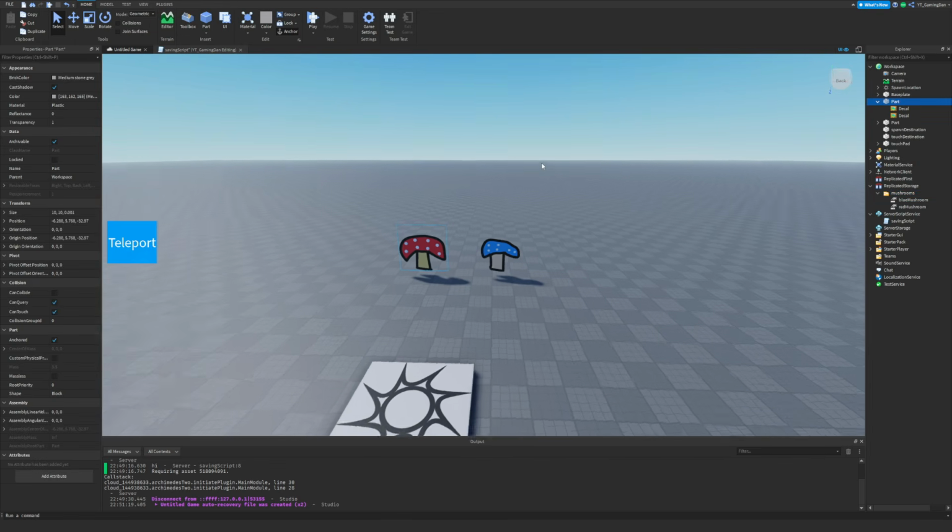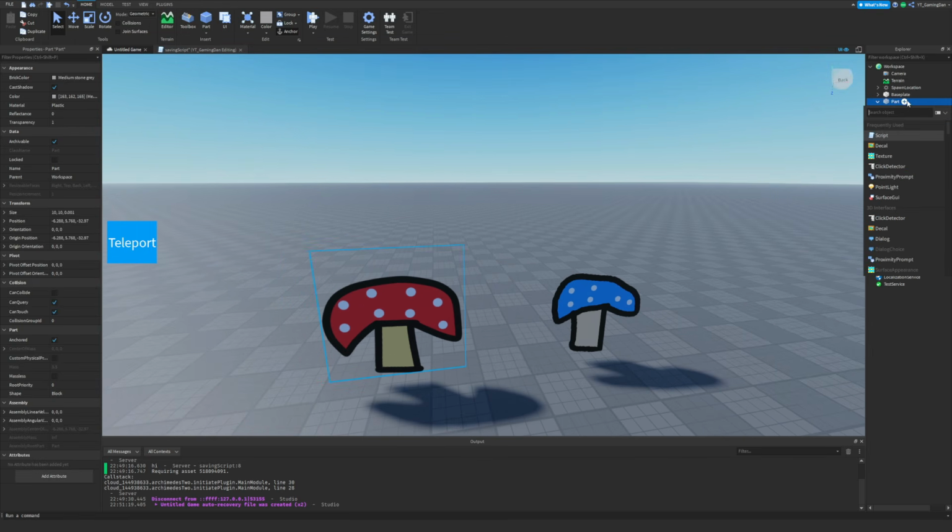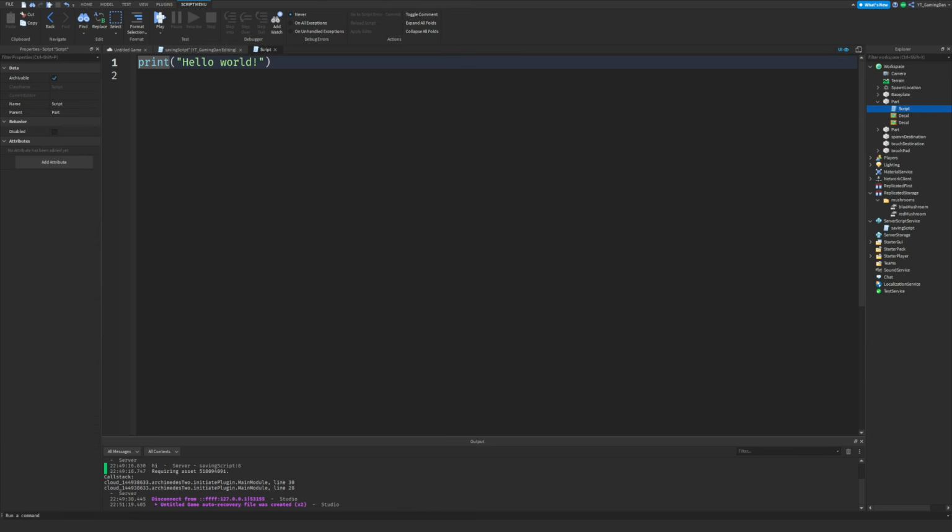Next guys, we are going to want to do something that will actually allow us to add something to our mushrooms collected file on the player, to then save over here. So we're going to create a script over here. I'm just going to call this collection script right now. There we go, collection script over here. One second guys. So okay, what we're going to do,